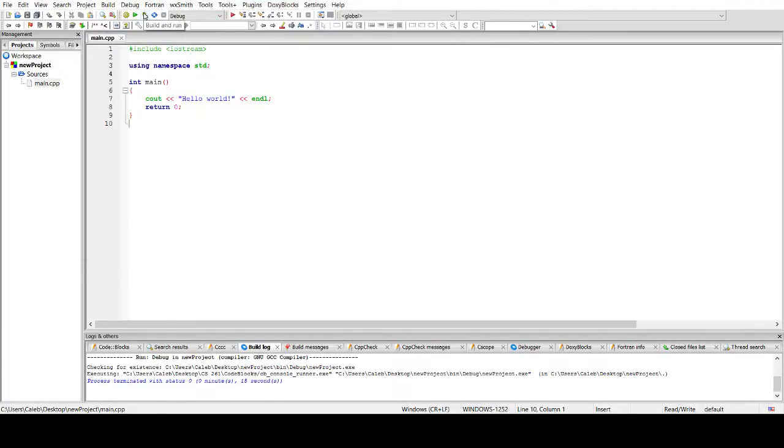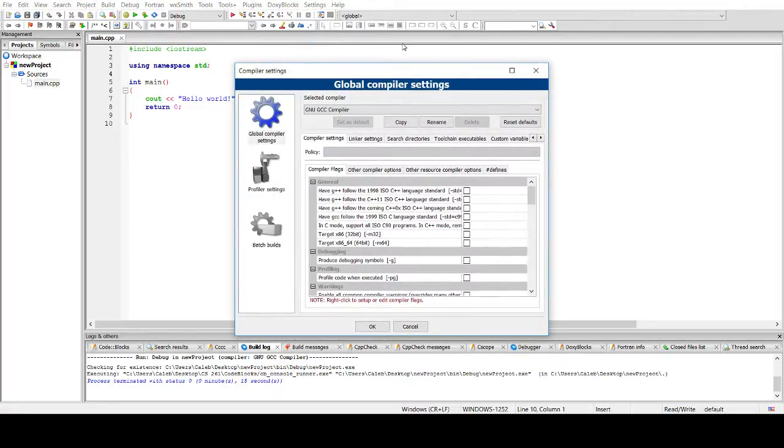If this screen did not pop up and maybe it is giving you some weird statements down here in this highlighted area that I have, and the black screen is not popping up for you, or the console is not popping up for you, the way that you can get around this is go ahead and go to settings, go to compiler, go to reset defaults here,